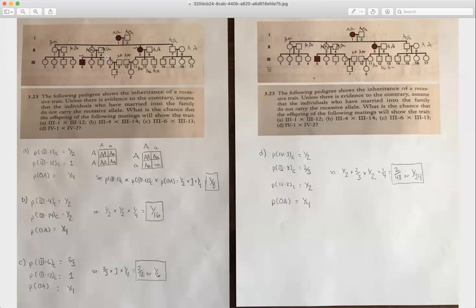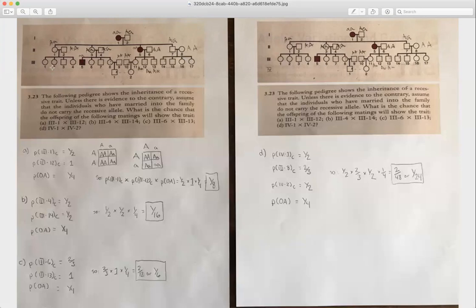You see here 2,4 necessarily has to be a carrier, right? Because each parent has to be a carrier for the child, the son here, to have the recessive condition, little a, little a. And so individual 2,4 also. 2,6 is big A, big A. Why? Because there's no evidence to the contrary. We already did 2,7. 2,8 is big A, big A also because there's no evidence to the contrary.